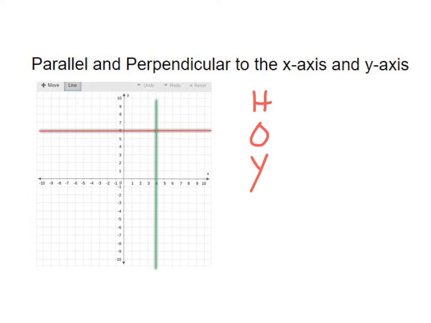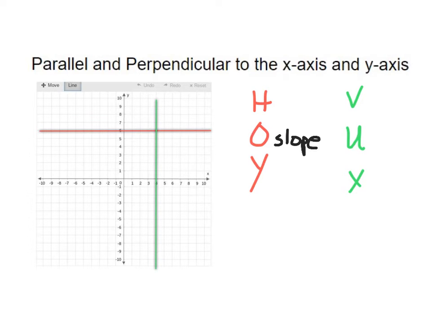So HOY, VUX. And the reason we use that is because that helps us remember that when you have a horizontal line, such as this red line here, that is a zero slope. All right. So if it is a zero slope,